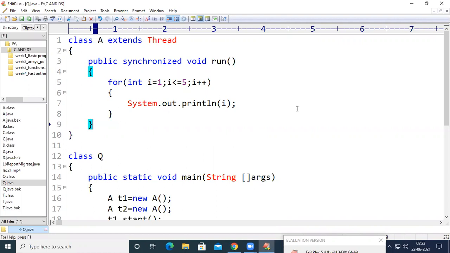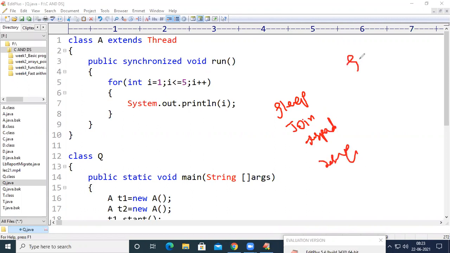Now let us see here. We have gone through certain methods: the sleep method, the join method, the suspend method, and the resume method. Along with that, we have seen the start method, the stop method, the set priority method, and the set daemon method.